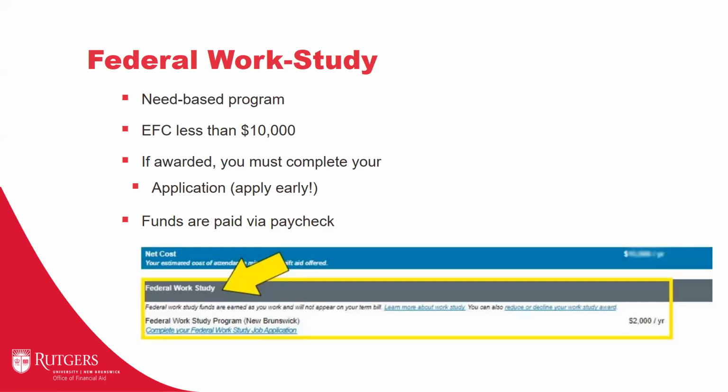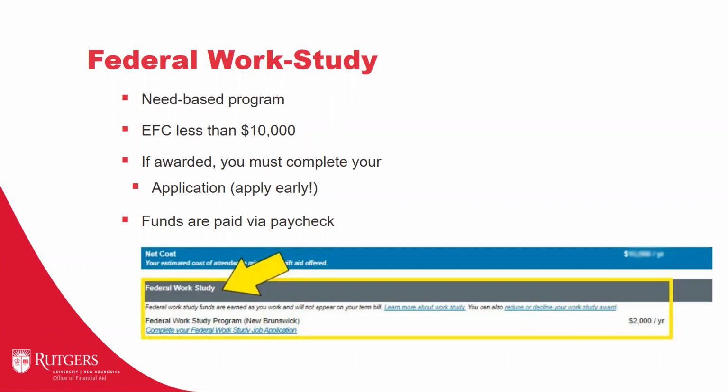for that position. And again, we mentioned that this fund will not be posted on the term bill, but it will be paid directly to the student by paycheck or through a direct deposit if a student is able to apply for direct deposit. And if you can see the arrow at the bottom, it's showing how the federal work study will be awarded.